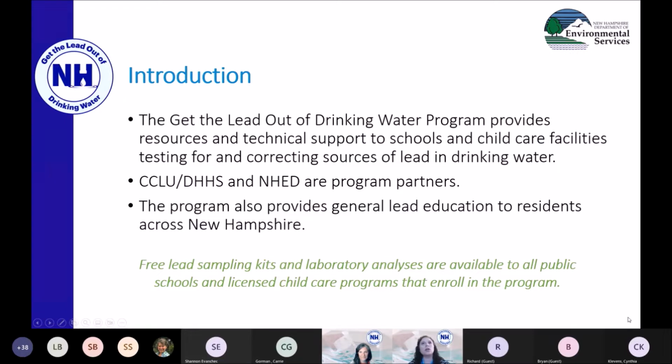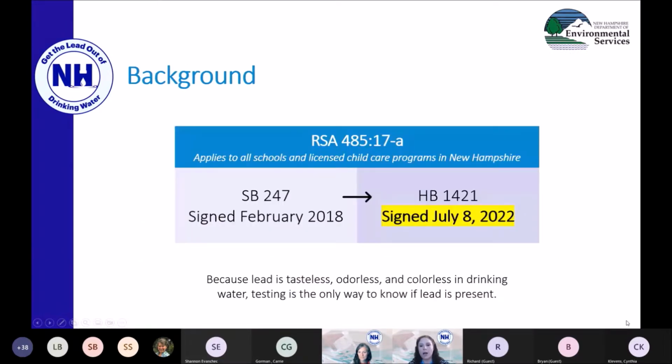So let's just get started with some background. Because lead is tasteless, odorless, and colorless in drinking water, testing is really the only way to know if lead is present. So House Bill 1421 was signed last month, July 2022. It is an amendment expanding on the updates from Senate Bill 247 from February 2018. Now, both of these are underneath the overarching state law called